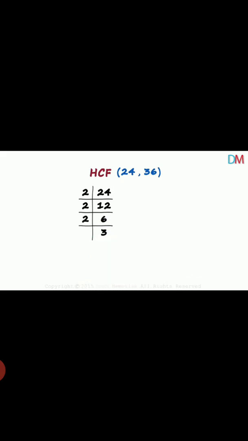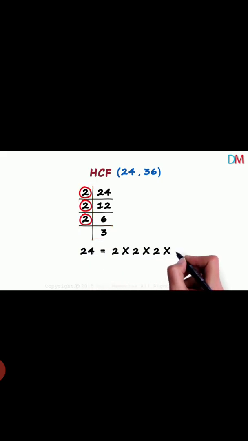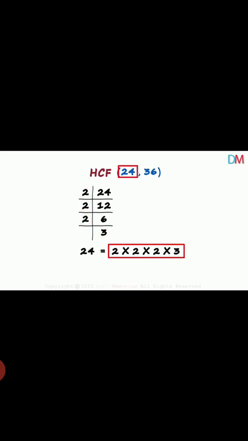So again we will divide by 2. 2 3s are 6. Now we get a prime number here. So we get 3 is prime. 3 1s are 3, you can write, or you can leave it like this. So the factors of 24 are 2 into 2 into 2 into 3. Okay. So if you multiply these, you will get 24 here. 2 2s are 4, 4 2s are 8 and 8 3s are 24.